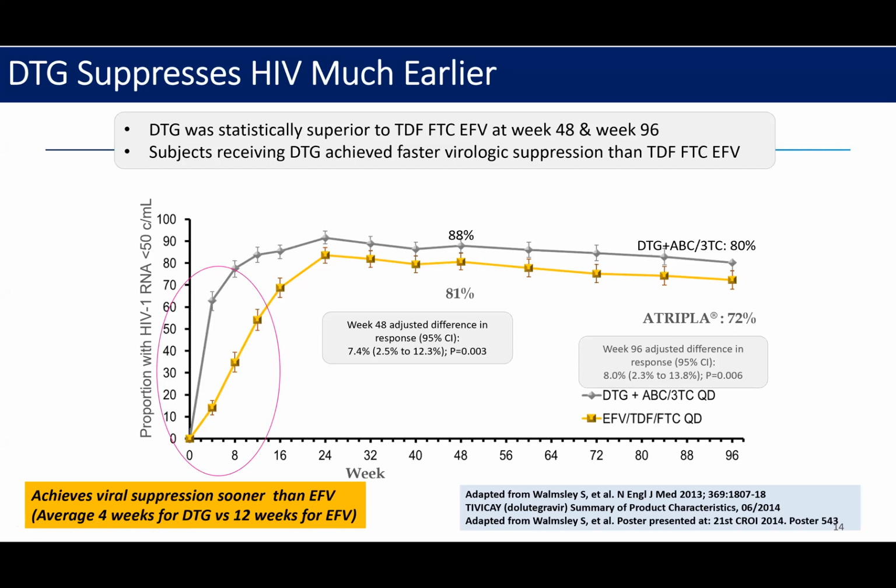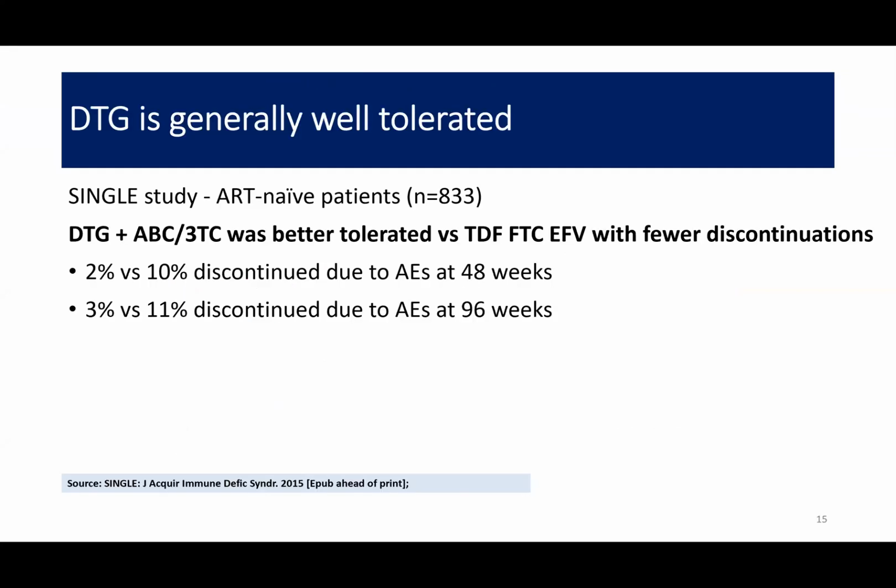What it means is that faster virological suppression after initiation of ART actually reduces the risk of transmission also. And in the patient himself or herself, it will reduce the formation of multiple copies of the viruses. If you look at the same thing in terms of tolerability, it is very much tolerable, and the side effects of DTG itself are much lesser than efavirenz.